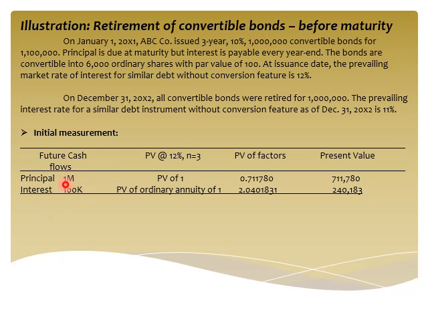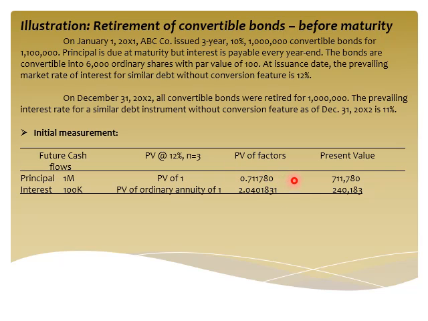And since principal ito, lump sum payment ito, PV of 1 yung gagamitin natin. And since ito, interest payable annually, therefore, PVOA or present value of ordinary annuity of 1. So, using the 12% effective rate at the date of issuance and using the period of 3 years, let us compute the present value factors. Try to compute the present value factors. If you can compute the present value of 1 and come up with the same present value factors, so the